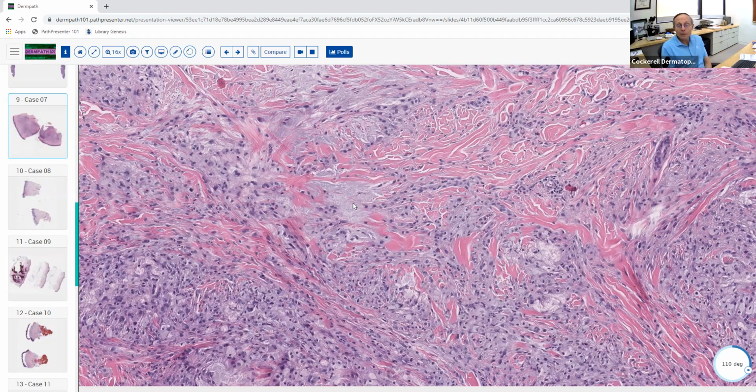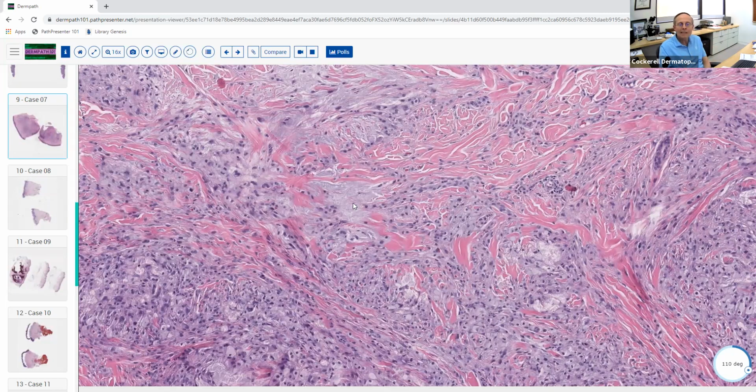Another thing that can give you this pattern again would be things like, for example, Kaposi sarcoma, which can sometimes give you kind of an interstitial pseudopalisaded appearance. You can also see epithelioid sarcoma. So I want you to know and think about those entities. I don't want a long laundry list of every possible thing that can give you histiocytes in the dermis. I want you to be more specific and say, well, this one's kind of got almost a pseudo-palisaded pattern, and